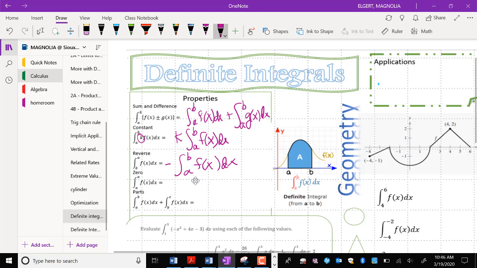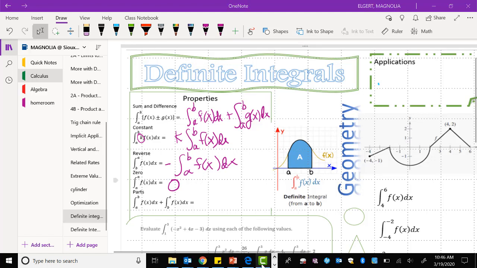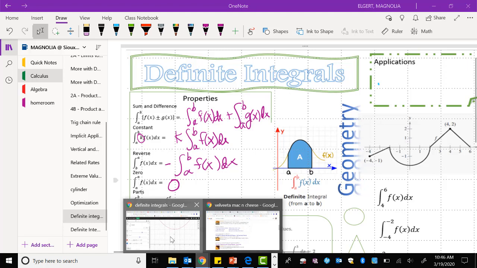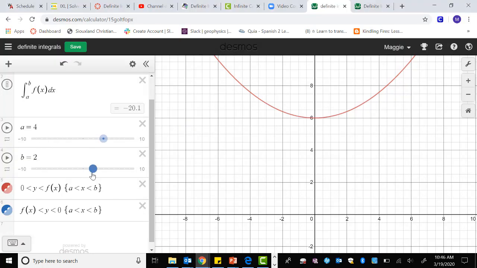The next one, the 0 one, is really easy. If you have a and b, your limits are the same, it equals 0. I probably went through it pretty fast, but right here, if I change both of my a and my b to the same number, look at my area, it's 0. Notice there's nothing there when I have the same number. So there's no little triangles or rectangles or trapezoids underneath there. Okay, so if we go back,